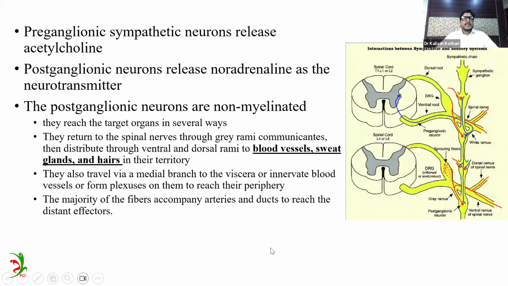We'll just skip this. Another important aspect: preganglionic sympathetic neurons release acetylcholine. Postganglionic neurons release noradrenaline. And the postganglionic fibers, which are the gray rami, are non-myelinated. That is, they are not covered, and they reach